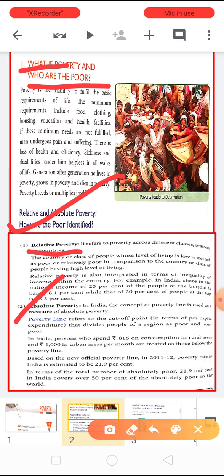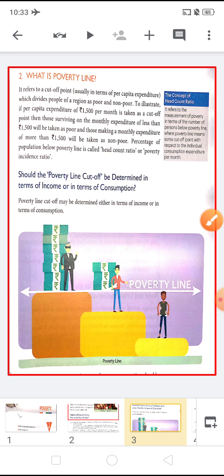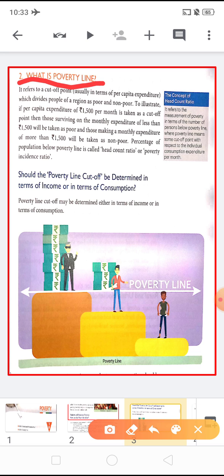So children, one thing I have introduced here is a word, poverty line. What is a poverty line? So children, in India, the poverty line is used as a standard to measure the number of poor people. In the poverty line, a standard is fixed in terms of a minimum level of consumption. As I just said, those who are spending 816 rupees of consumption expenditure in rural areas and 1000 in urban areas will be considered as below the poverty line.